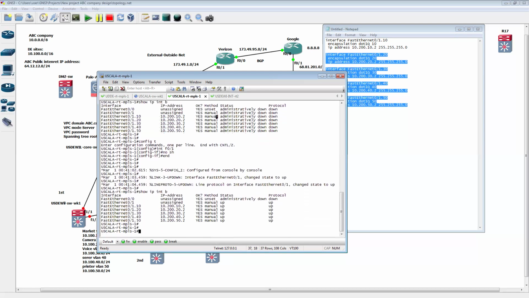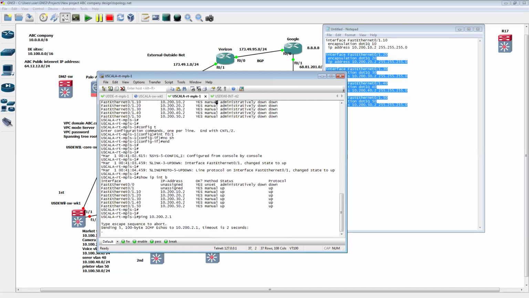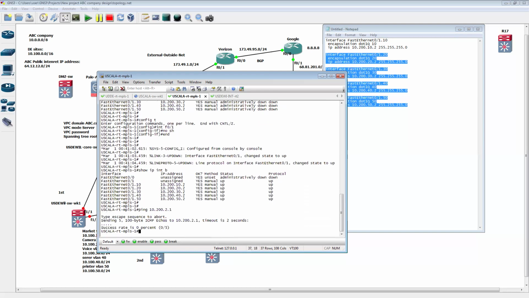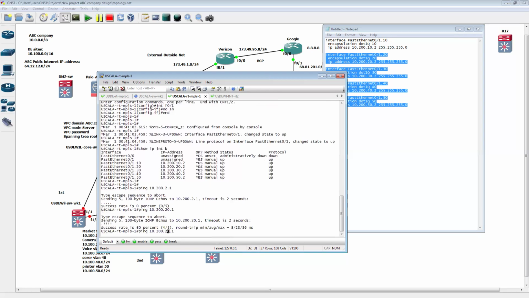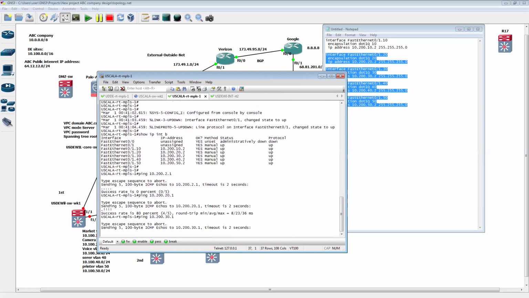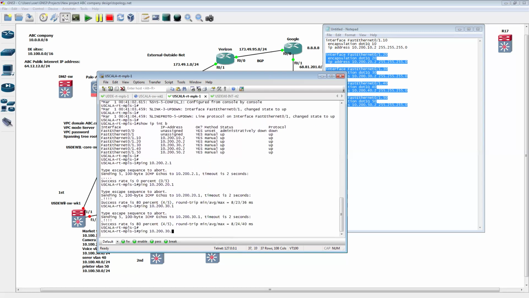So now when one is up in here, we can try to ping the gateway on the switch. It's 10.200.2.1. Just verify, do we have traffic? Oh, wait a second. I think it's 20.1. I thought it's not working. Okay, it should be working. Yep. And we're testing again. Go to 30. Yep. And then we go to 40. Just make sure we have all the